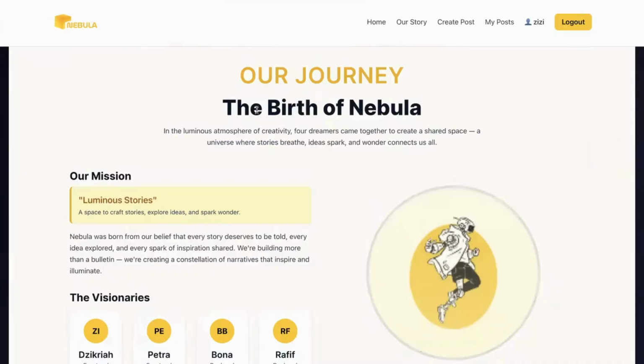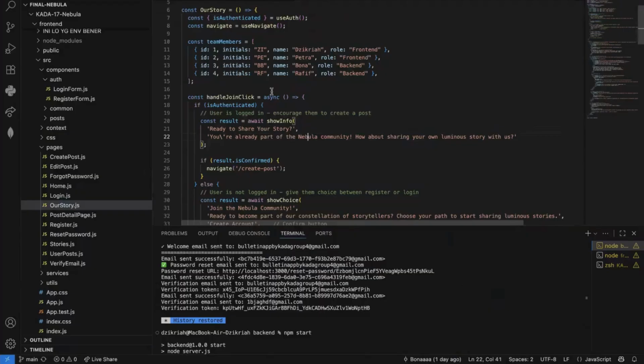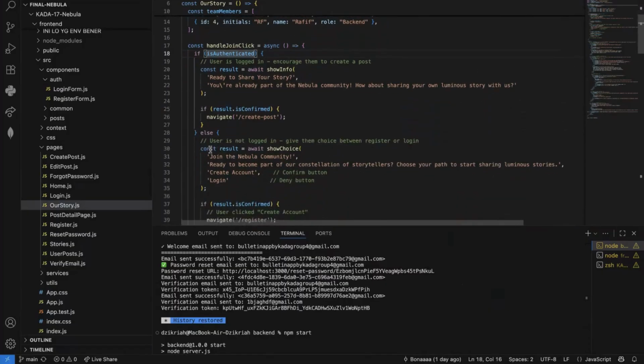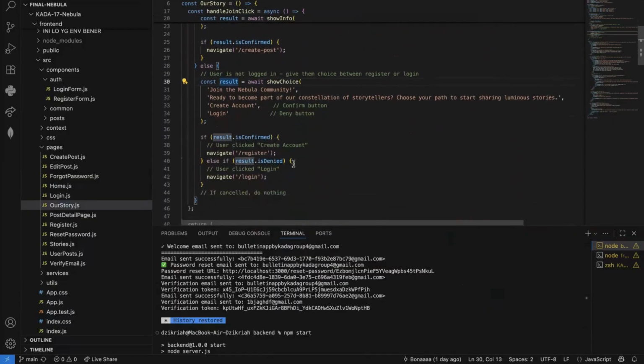So here, if the user is logged in, they are encouraged to create new posts. But if not, they are prompted to either register or log in using SweetAlert.